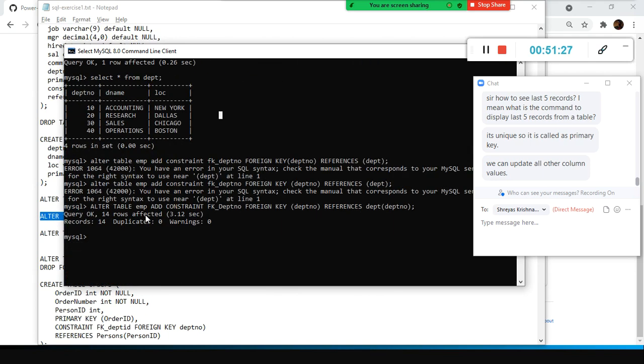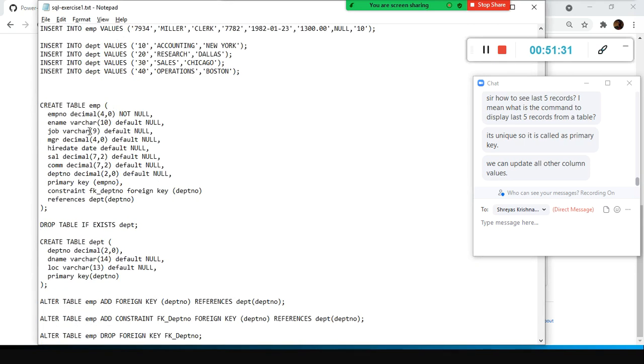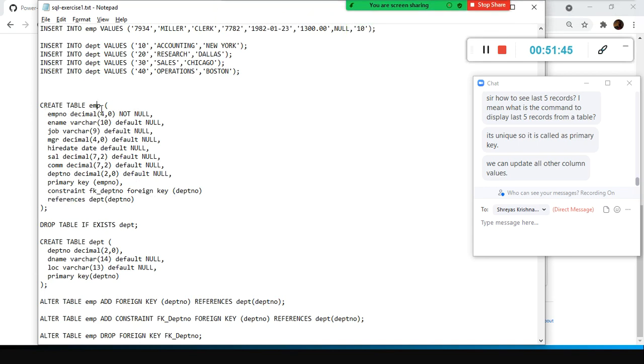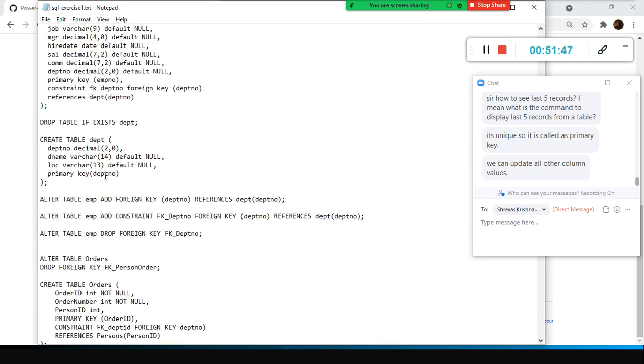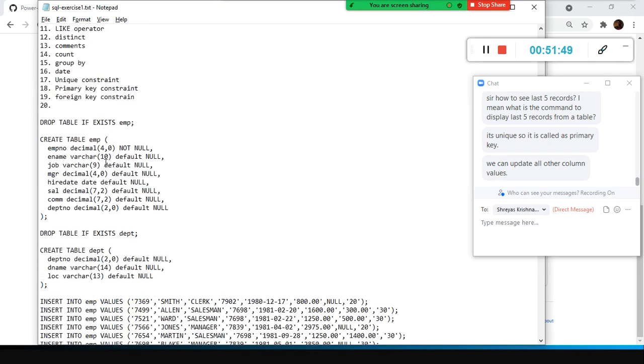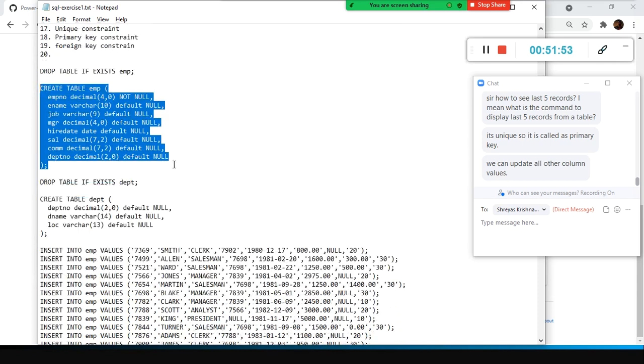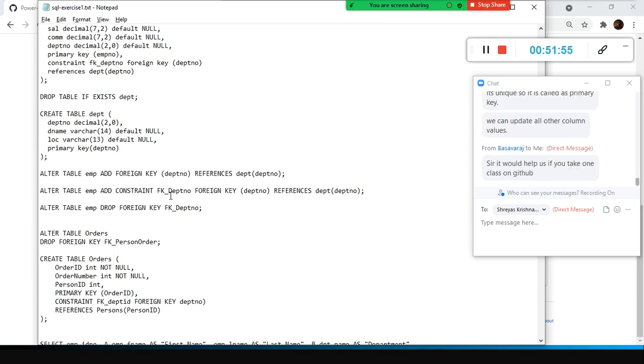So how to create a foreign key? In a single command itself we can create it. Look here. In the single table itself I created this one, right? Primary key, comma, constraint. This is another way of doing it. Either you can specify the foreign key constraint inside the table creation script of your employee table itself, or you can, like I did, step by step, just create all the columns alone, and then you can create the primary key and then you can add the foreign key.